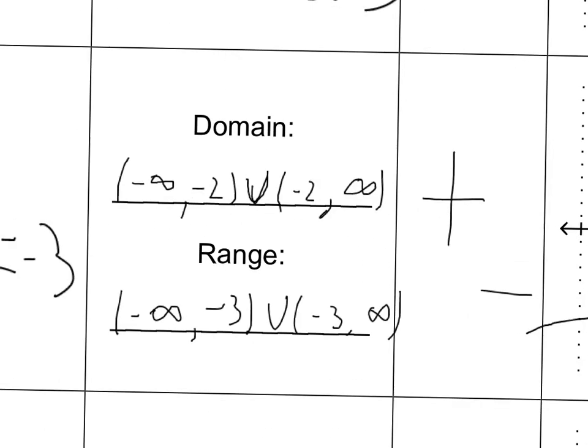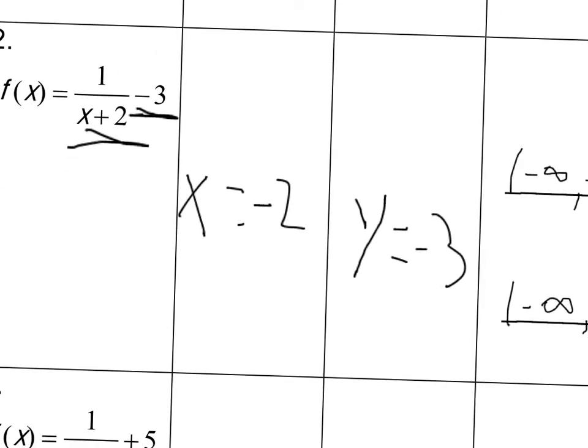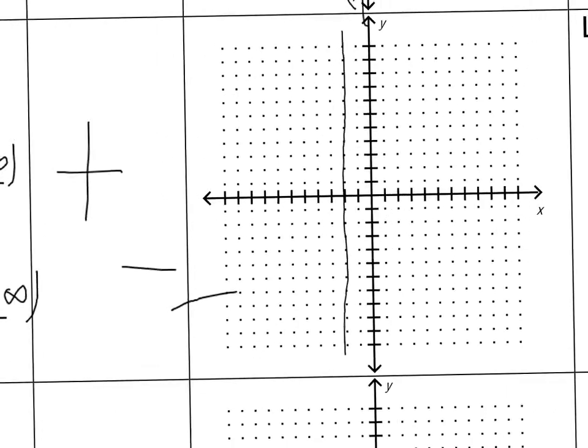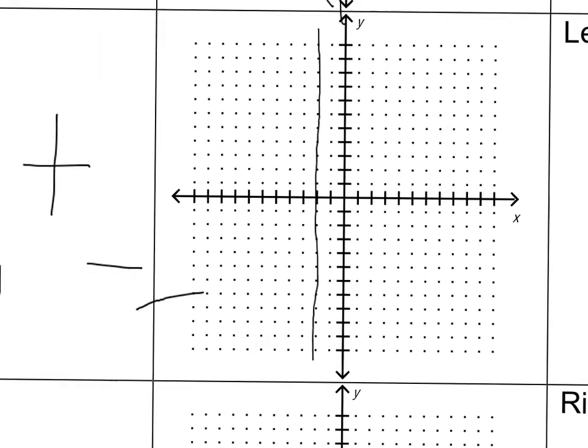Then look at your horizontal asymptote, which in this case is y equals negative 3. So draw your next line at negative 3. Then, since it's a positive function, your asymptotes will be in quadrants 1 and 3, which both are positive,